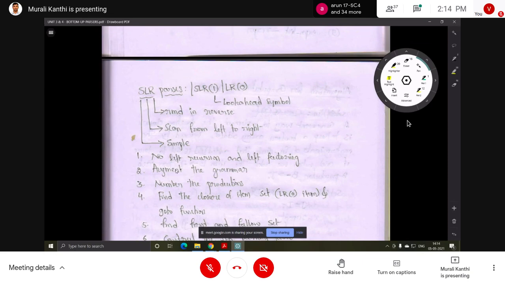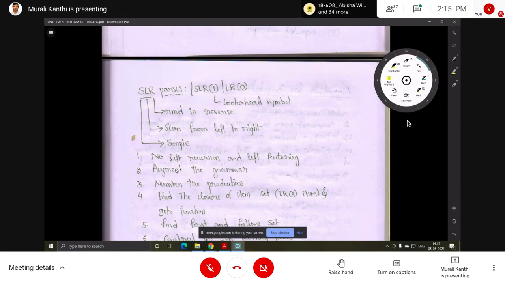The next step is to apply the first function and follow function in order to find out the first set and follow set. That is the second step. Then the third step is to construct a predictive parsing table, or a table driven parser. That is table construction. Then the fourth step is to verify whether the string is accepted by the grammar or not. So these are the steps in the top down parser, which is a predictive parser.